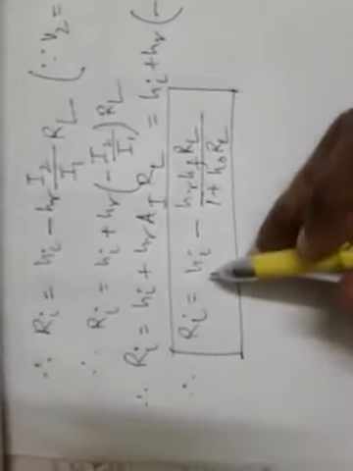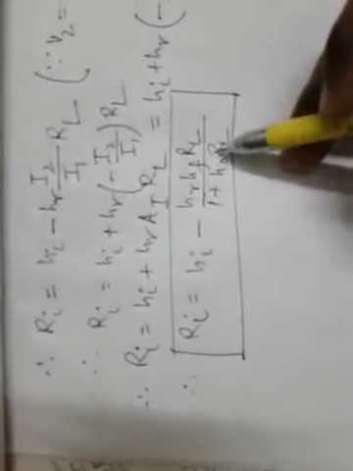Now remember this boxed equation for solving numerical problems, and the last one, that is the expression of Ai. Now let us find the next one, which is voltage gain AV. Voltage gain or voltage amplification is defined as the ratio of output voltage. So AV is nothing but the ratio of output voltage, that is V2 in this case, and the input voltage V1, that is V2 by V1. This is as per the definition.